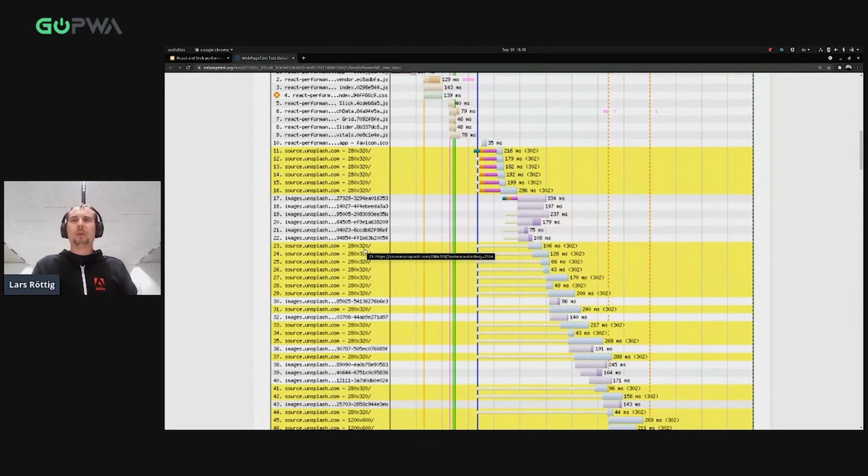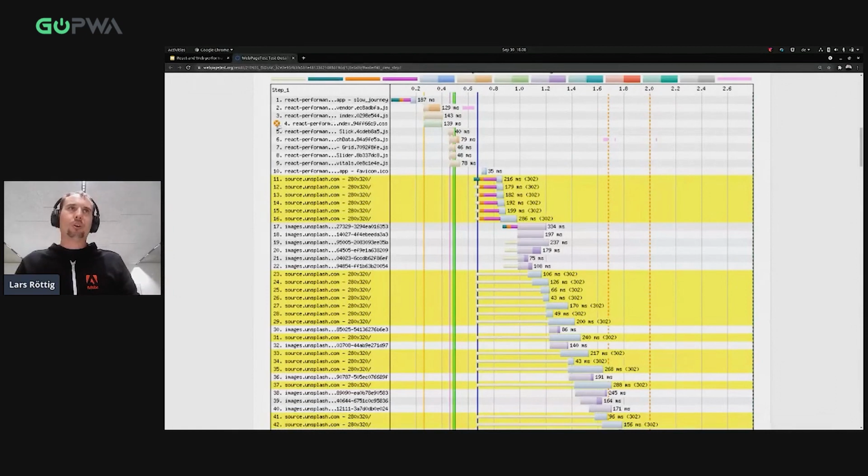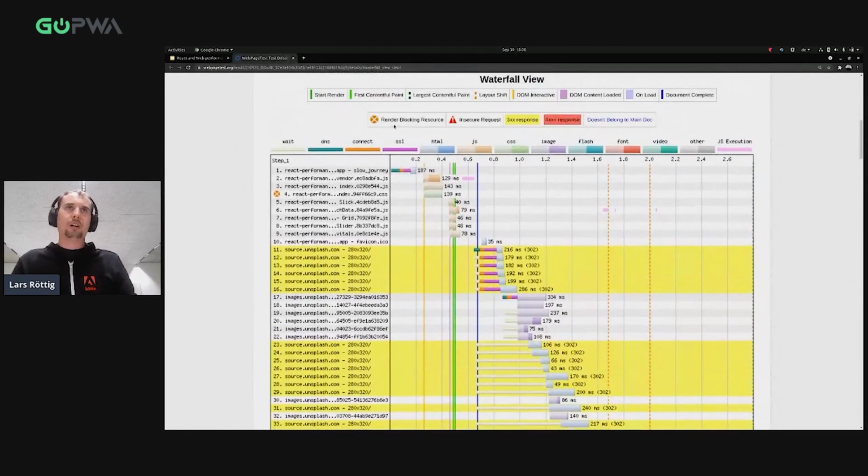So this means maybe I load too many images. And this tool helps you, if your site is already publicly available, to guess where some problems happen. Also, it marks blocking requests with some mark here. So we can already guess, by taking a look at the waterfall diagram, that something goes wrong in this application. What goes wrong, we will see later.